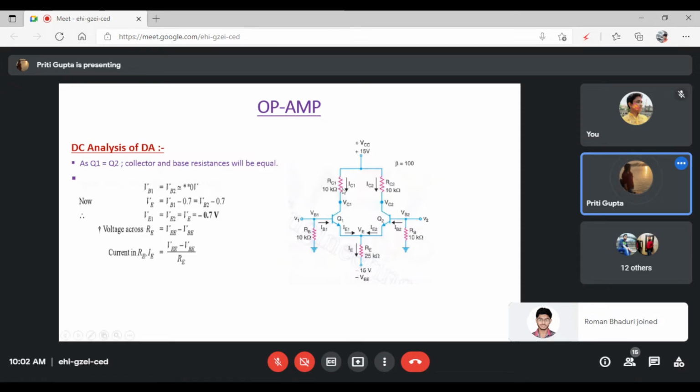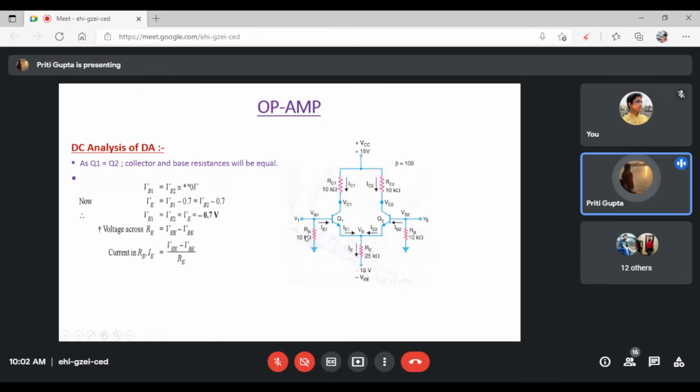Now see over here. We are applying KVL at this loop only. Just focus on this particular loop. Just consider this one as a loop, and we are applying KVL. So this voltage V of EE minus V of BE, base to emitter voltage, minus base voltage, this total voltage will give you V of RE. So V of RE is equal to V of EE minus V of BE minus V of RB. Now V of RB will be 0 because